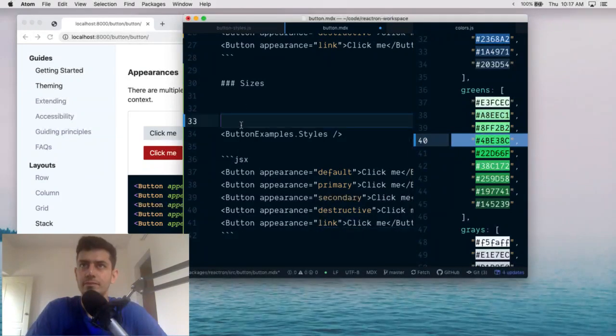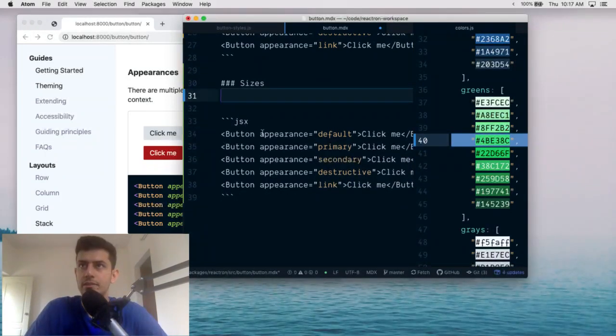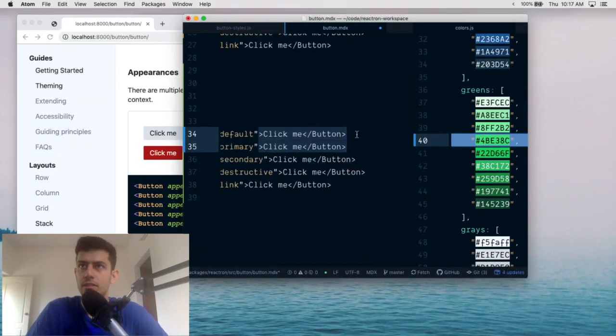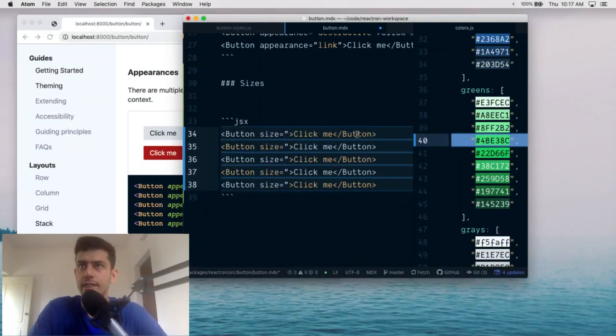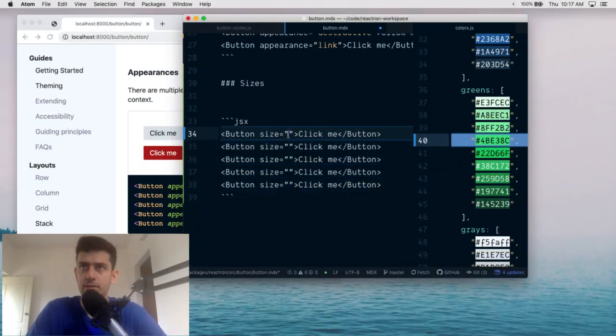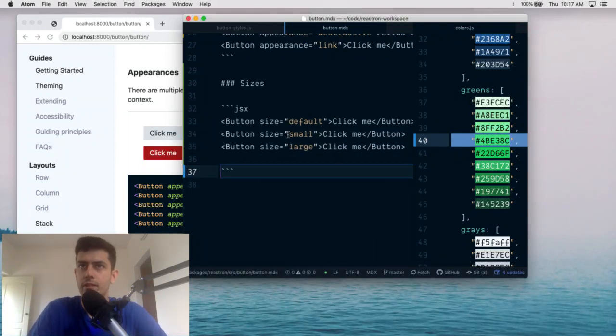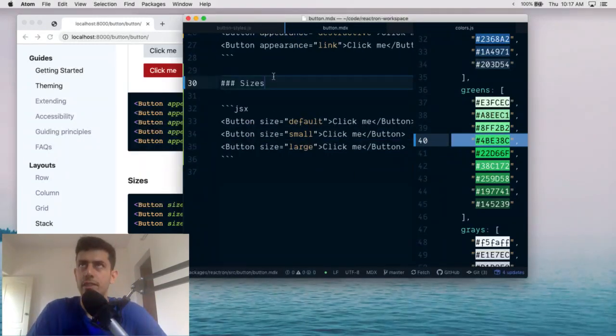And button appearance can be default. Size is something. So default, I'm going to go with small and large. Right, and then create an example, button examples,